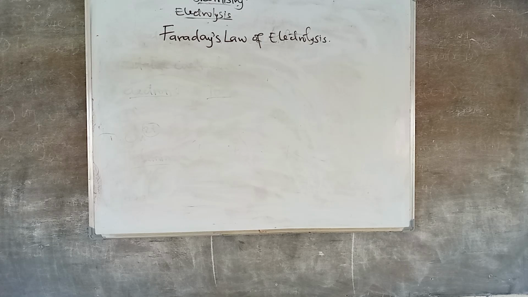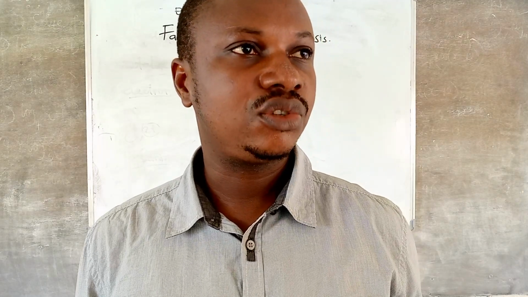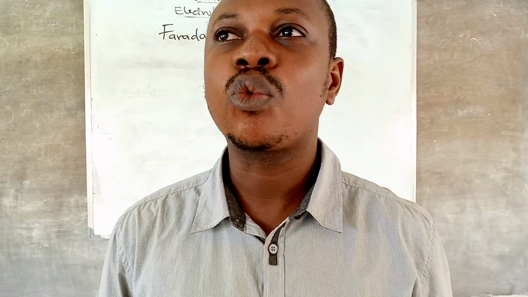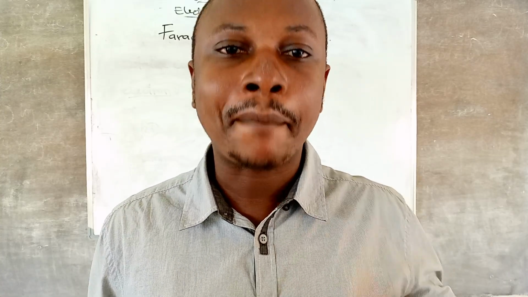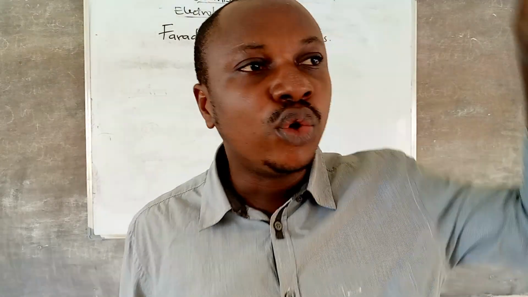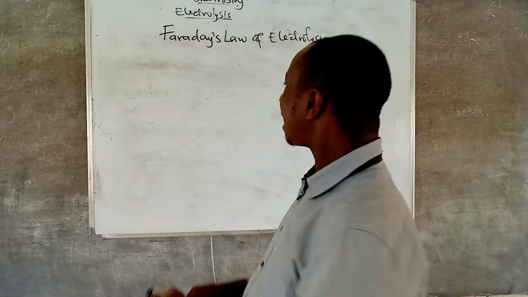Faraday's law of electrolysis. The first law states that the mass of an element discharged during electrolysis is directly proportional to the quantity of electricity passing through it. The mass is directly proportional to Q, which is the quantity of electricity passing through it. So mathematically,